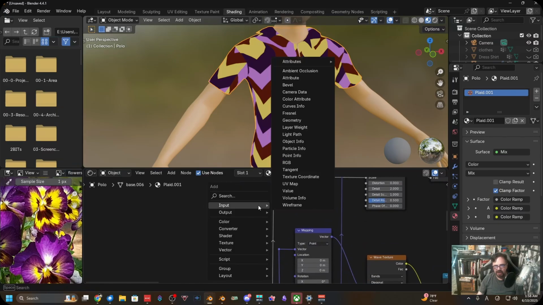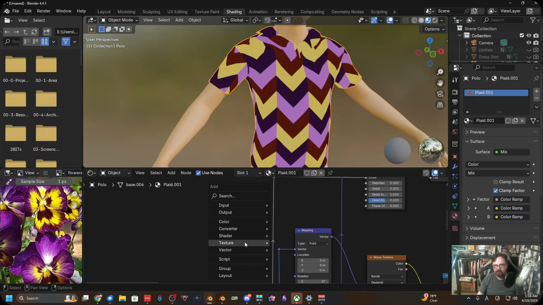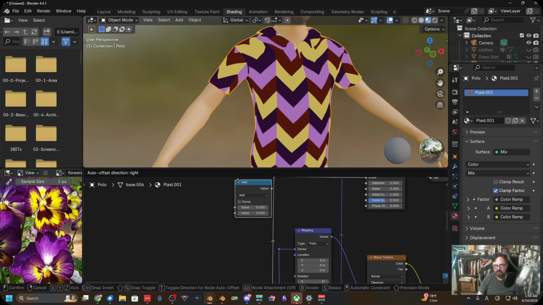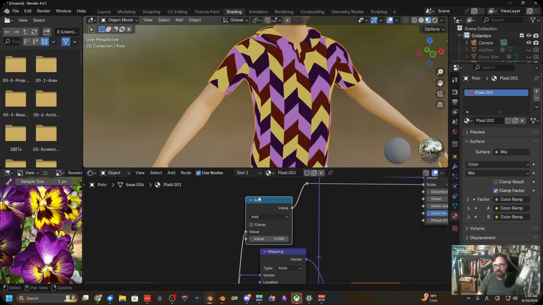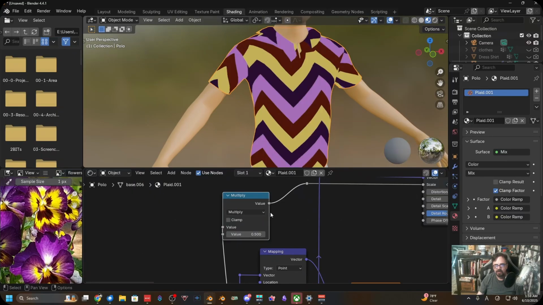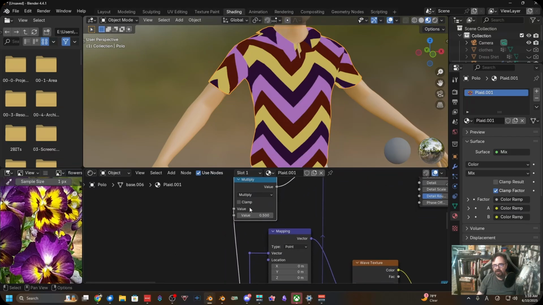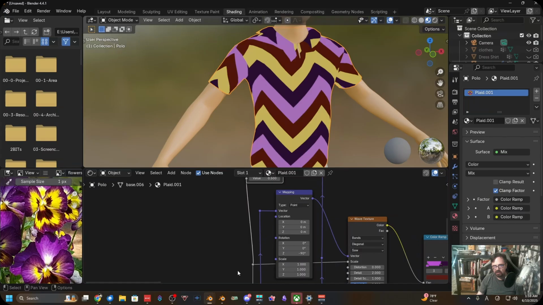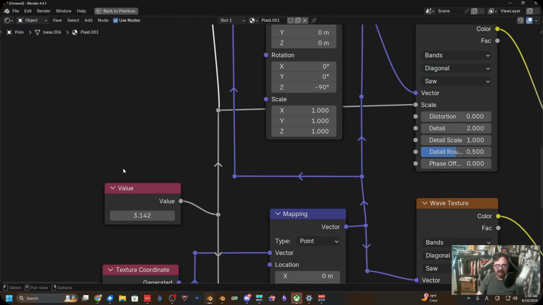So we're going to add a converter math node, not vector math, and I'm going to use a multiplier. For a default value we're going to use 0.5, and 0.5 is basically going to take half of whatever our value is,